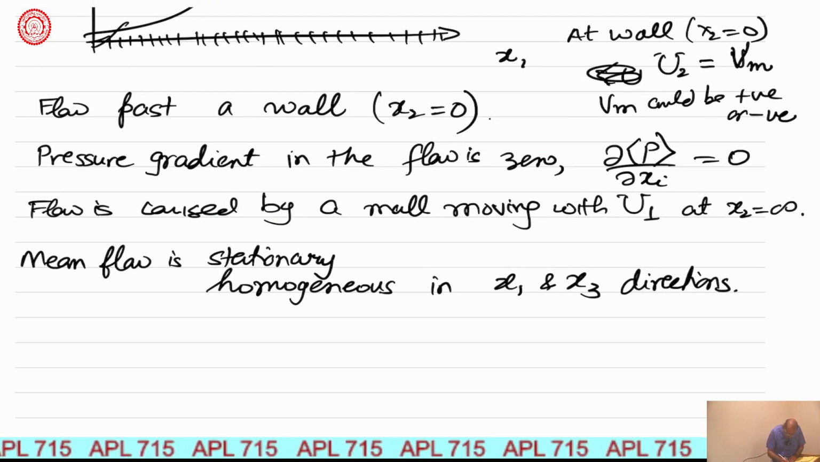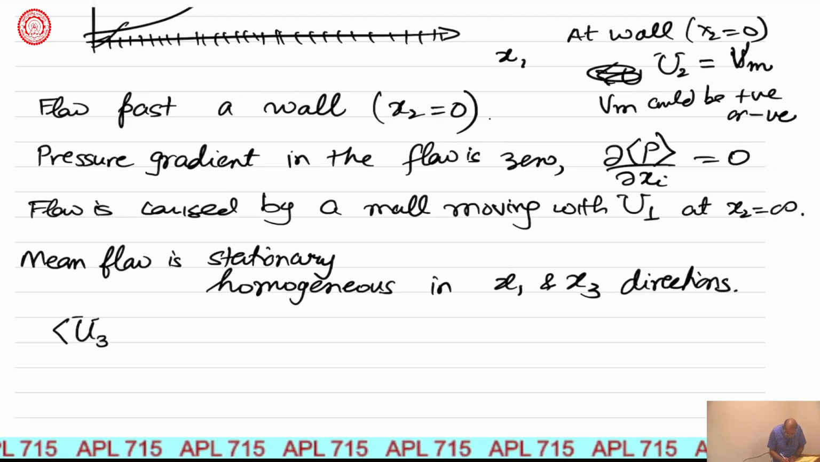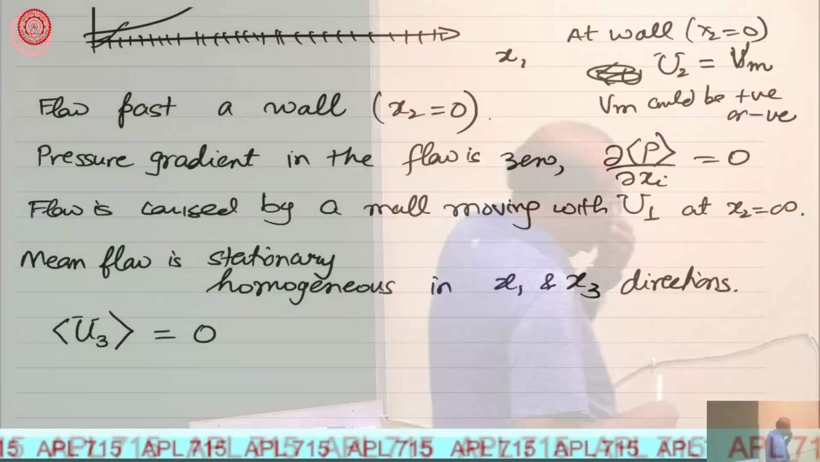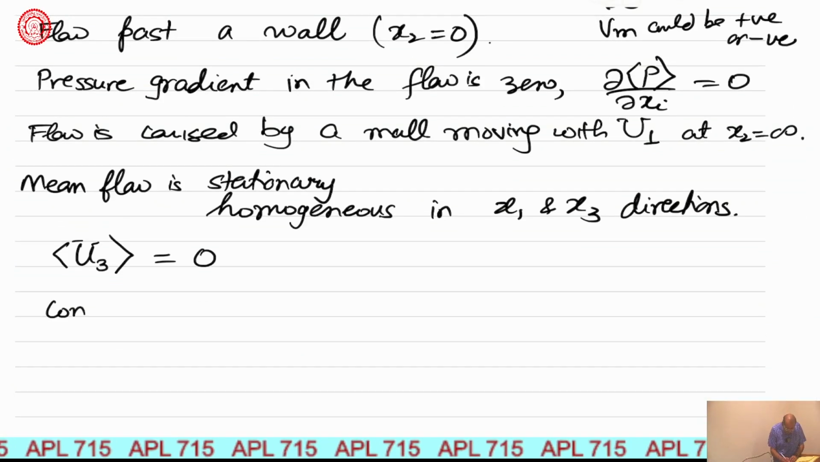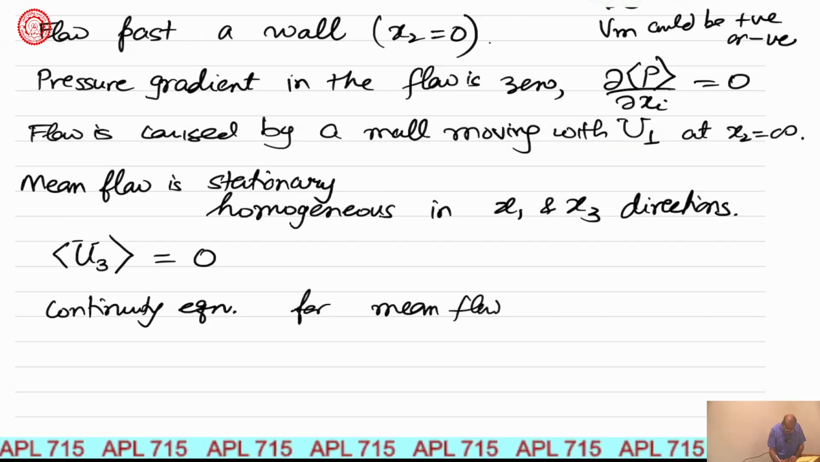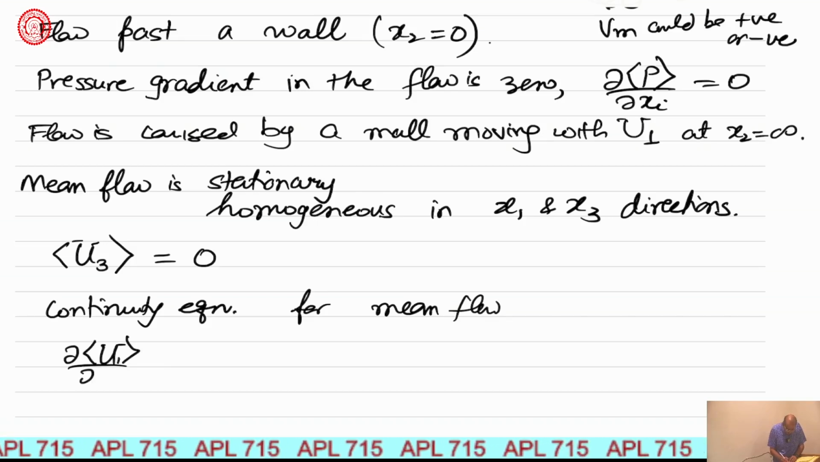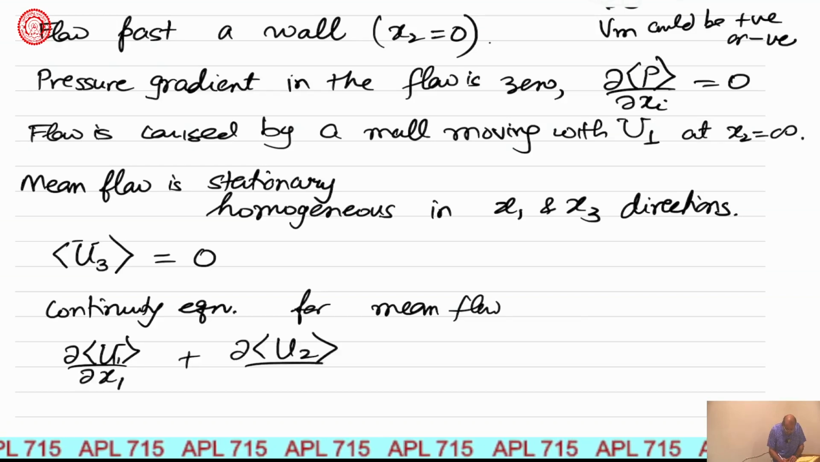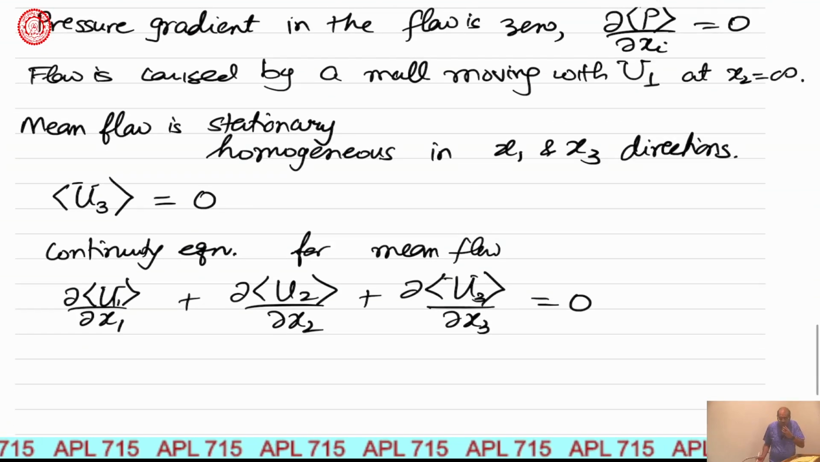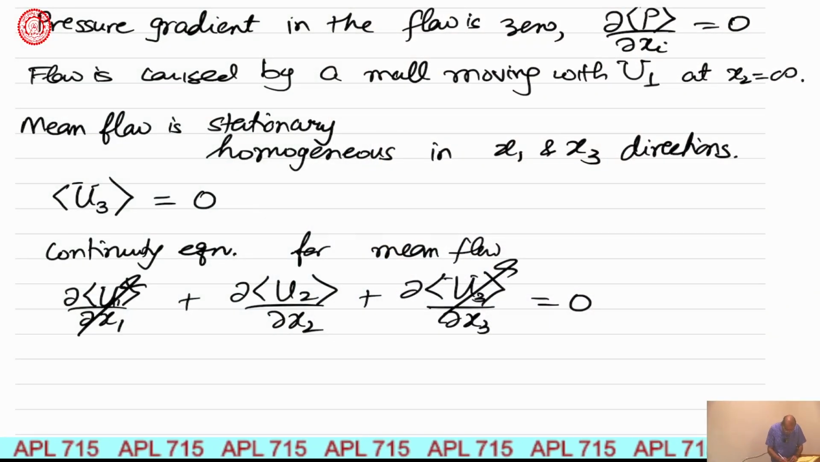And let's also assume that it is given to us that mean of U3 is 0. I'll probably not need this, but anyway, it's just that mean flow is only U1 of x2. Now, if we use the continuity equation for mean flow, we get dU1 by dx1 plus dU2 by dx2 plus dU3 by dx3 equal to 0, which all of these are 0. First and third are 0 because the flow is homogeneous in x1 direction and x3 direction. And this implies that